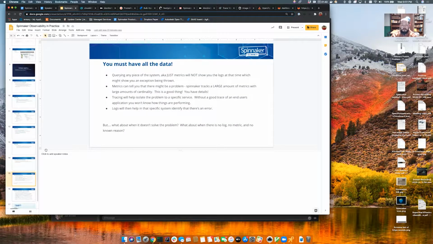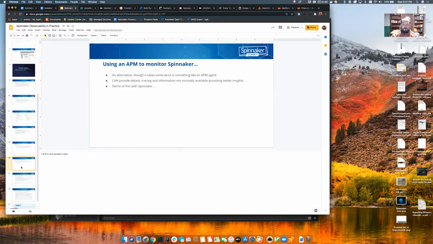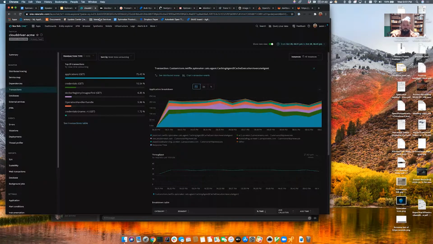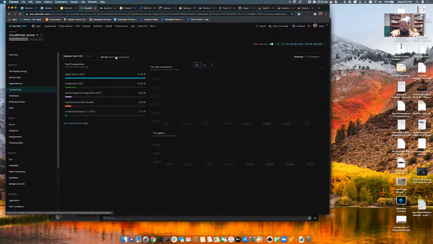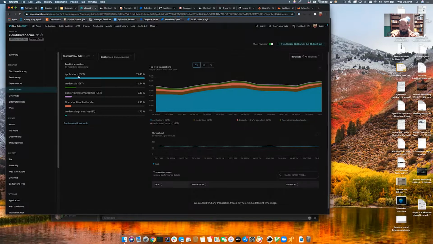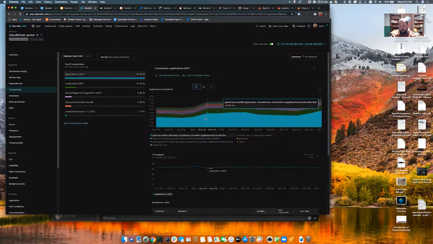There are times where APM agents can be very useful. So I have here a demo environment where I have added some basic transaction monitoring. APMs will a lot of times show you different endpoints and their performance. For example, here's Clouddriver, and it breaks down application performance into response times and gives you a whole lot